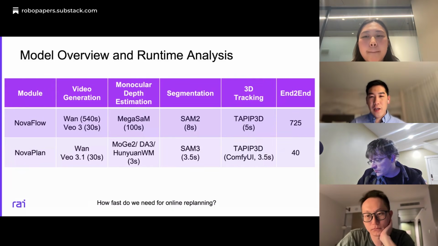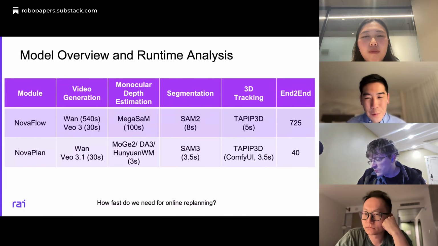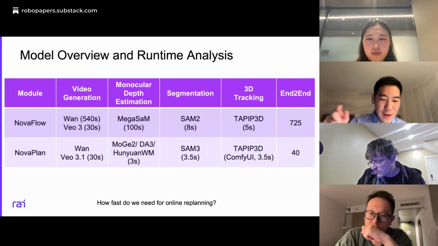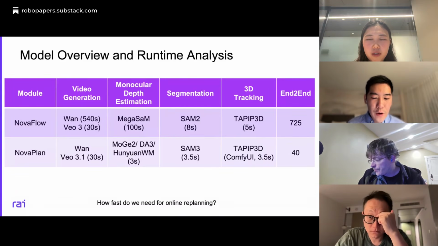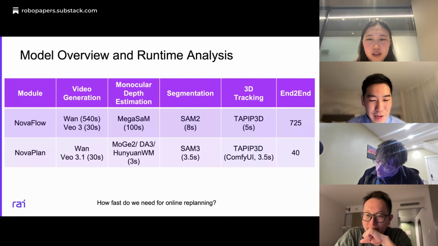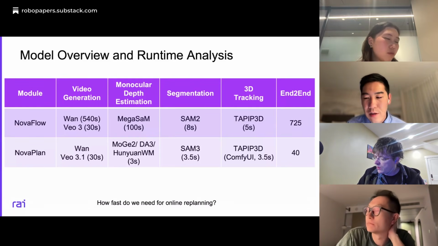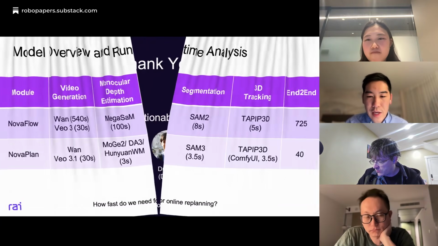But also, this is just a high-level planner. For low-level robot execution, we don't have to run this plan every cycle. We can just follow it, like in the old navigation stack where we have a global planner and a local planner. In that formulation, NovaFlow can serve as a global planner. So I'm not really worried about the runtime; I think it will keep improving over the next years.